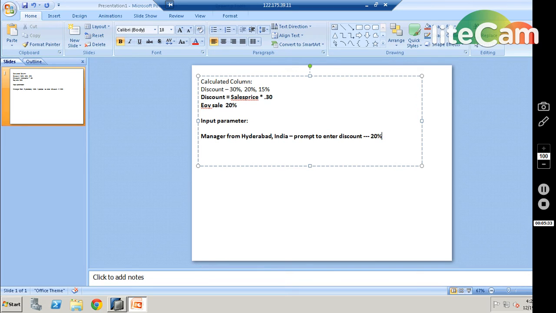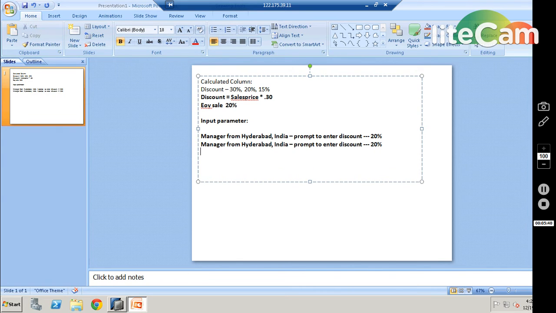The manager from the US, say he is from Orlando, in Florida state, US, might be offering 30% on Christmas, because same month, but here it is 20%, there it is 30%.